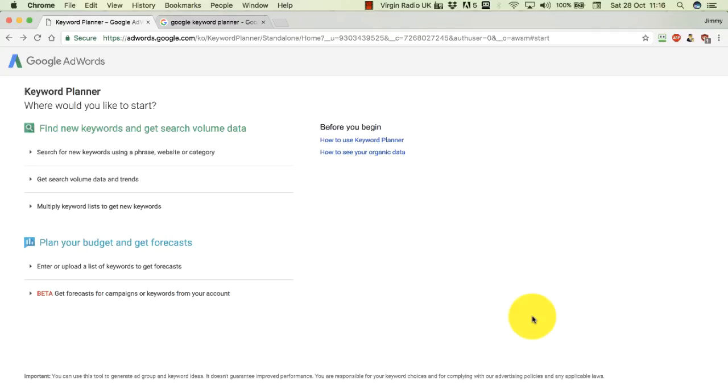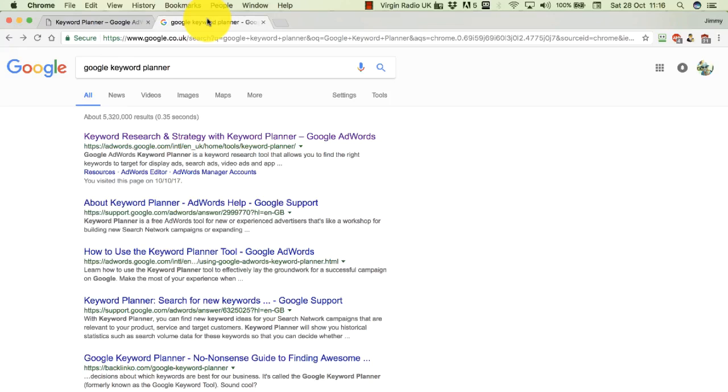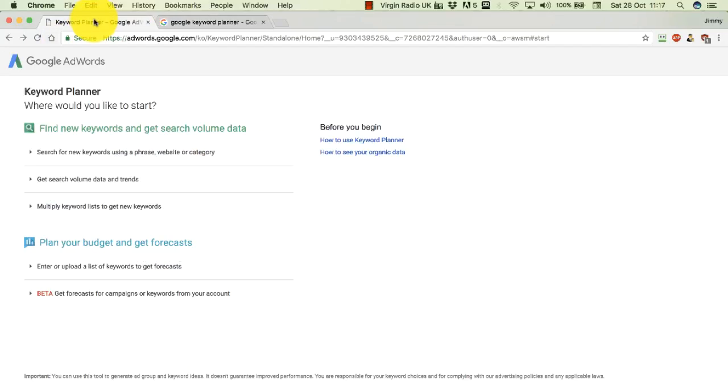Okay then, the first thing that we need to do is to head over to the Google Keyword Planner tool. Now, this is 100% free to use. You will need a Google account, however. So if you haven't got a Google account, just go and create one. They're also free to set up as well. And once you've done that, you want to do a search for Google Keyword Planner, and it should be right at the top of the search results. So you click on that. You might have to go through a few pages, but eventually you will get to the actual Google Keyword Planner